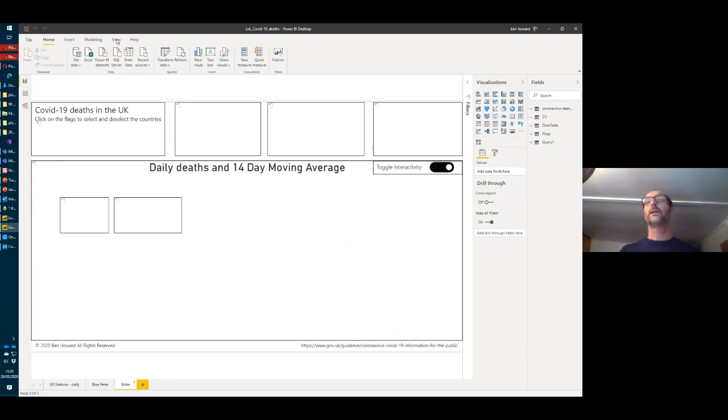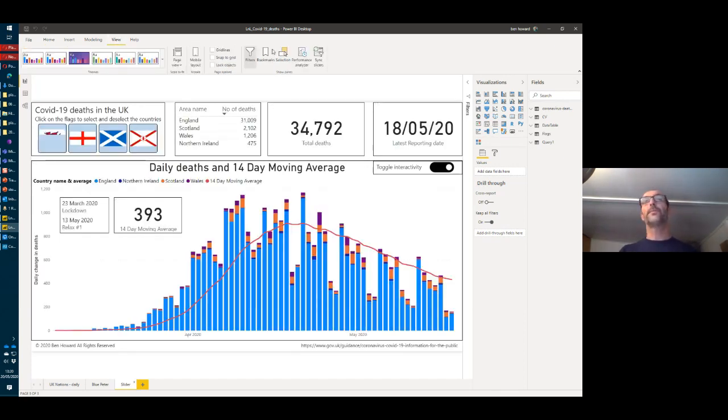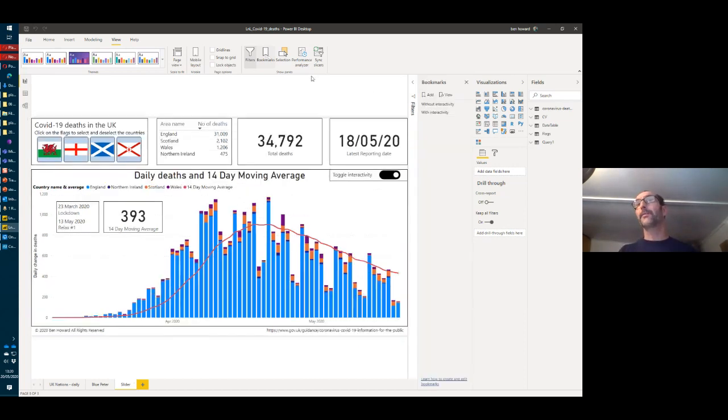So if we select View and have a look at bookmarks, I've got two bookmarks, one with interactivity and one without. And of course, this toggle interactivity just switches between the two different views. So that one has got interactivity, so I can click here, etc. Or more importantly, perhaps I can click,